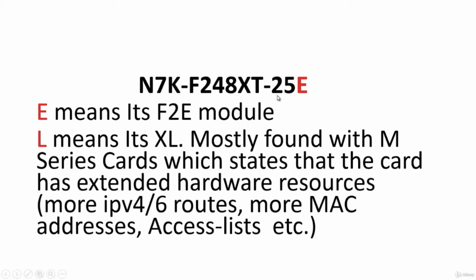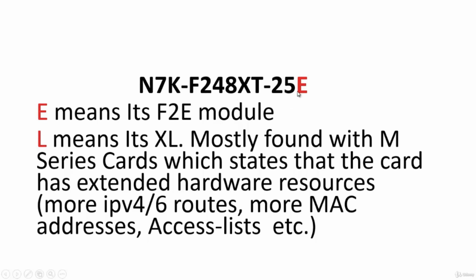Fabric module is basically the interconnect for line cards. So if there is one workstation connected on one line card and it wants to send a data file to a second workstation on a second line card, then it will pass through the Fabric module. So the Fabric module sits in between line cards. I'll show you how to check these Fabric modules once I log in to my 7K devices. And 5 means that to attain the full potential of this line card in terms of bandwidth or throughput, you need to have these many Fabric modules.